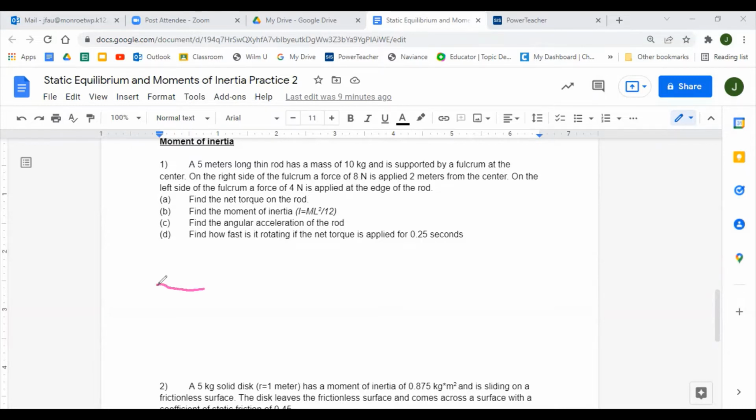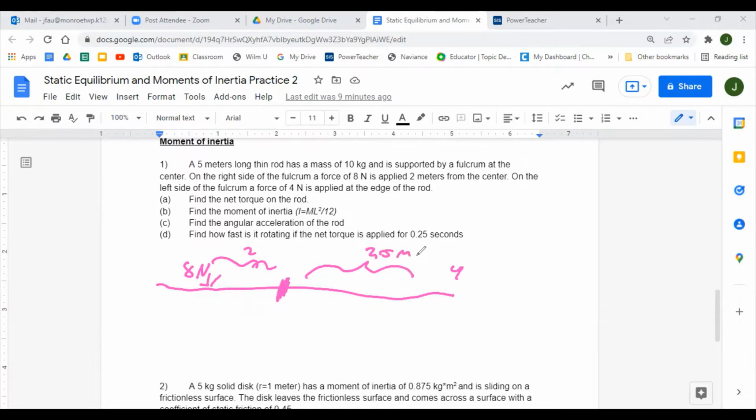So we have this rod. Here's our fulcrum, right? We have a force of 8 newtons, 2 meters away going down. And then we have a force over here of 4 newtons. And since the rod's 5 meters long and it's at the edge, this is at